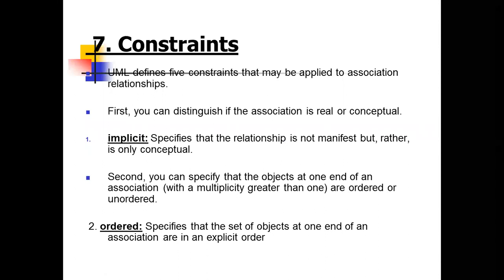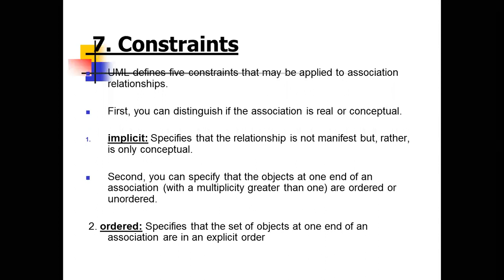Then there are some constraints for that association relationship. There may be a question like what is role name, define role name for 1 mark. So what is role here? A role denotes the purpose with which one class is associated with another class. For example, class A and class B. There is a bidirectional association between class A and class B. So role A and role B for both the classes. The role is defined by the association of an object and describes how one object participates with another object.